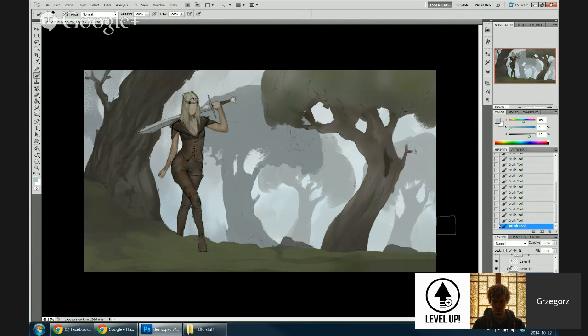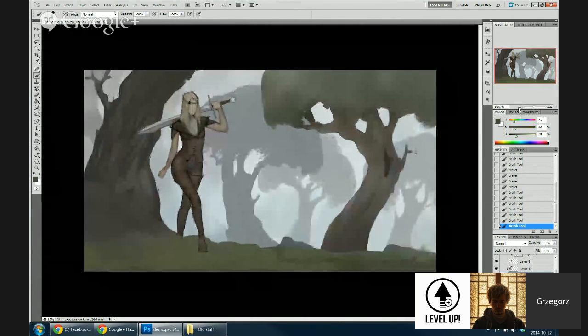Okay, let's have another look at the questions. What do you guys think about line art? Do you really think it's irrelevant? I mean, if you're gonna paint over the line art, is this step even necessary? Yeah, I think it's very necessary. I mean, it depends what you want to do. But doing line art for me is a really important step. I think for most artists, especially artists who made some comics in the past, line art is something that you have to do. When you do environments, you can actually skip the line art phase and focus on the values and on doing some bigger shapes. But when you do characters, I think the line art is actually necessary, and painting over the line art is, for me, actually the least